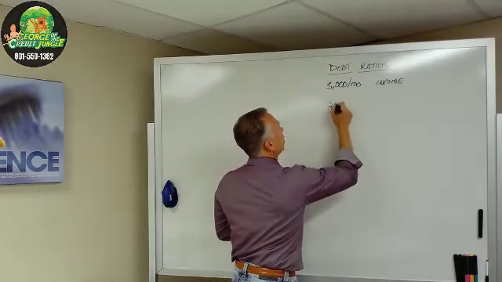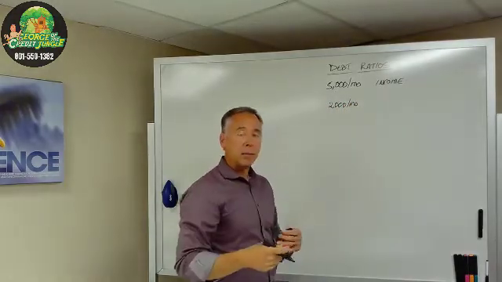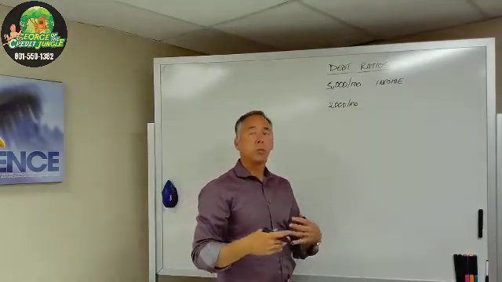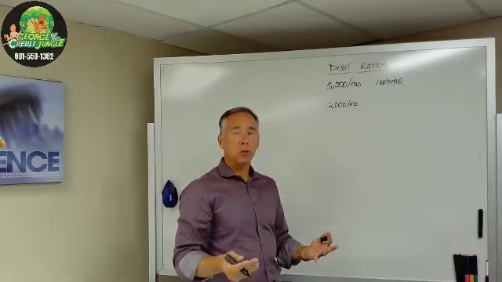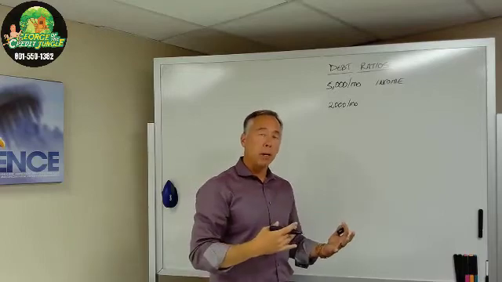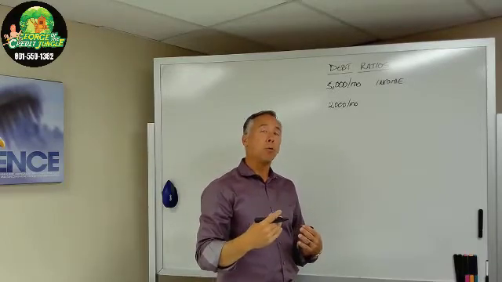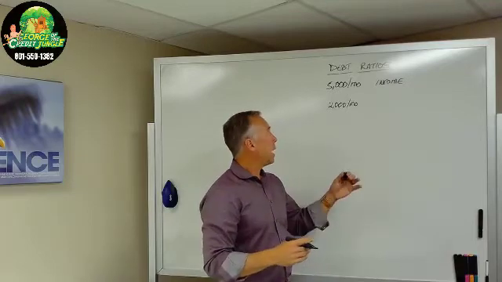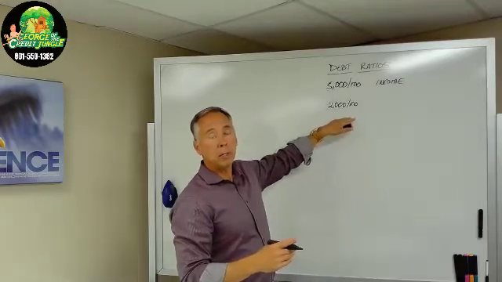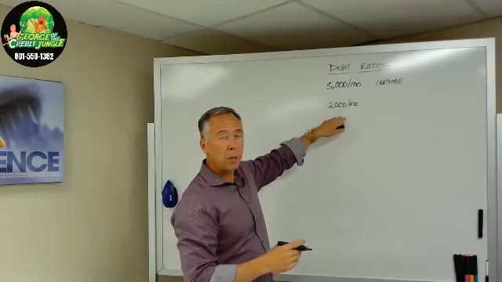So we have $2,000 per month, and this includes everything. This is taxes, insurance, principal, interest, and if there's mortgage insurance, we have to include that. And if they're looking at a townhome or a planned unit development or a condo, there's going to be an HOA fee, a homeowners association fee. That is also included in this housing expense ratio,